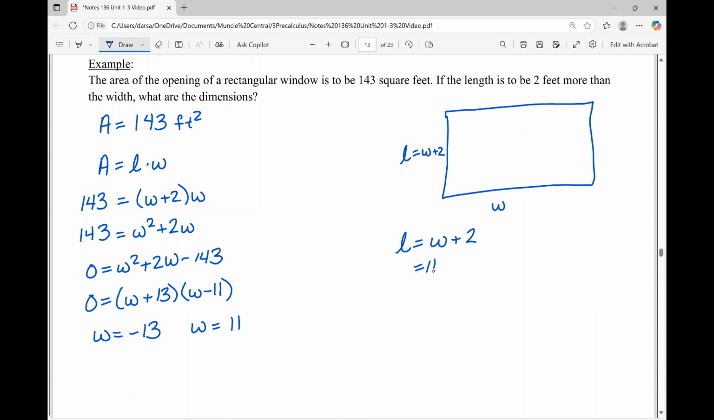Well, we know width now is 11, and adding 2, that means the length in this case is going to be 13 feet. So what are our final dimensions going to be? Well, they're going to be 11 feet by 13 feet, is the way that you may see this written. Or you may just type 11 in for the width and 13 in for the length. Either way,